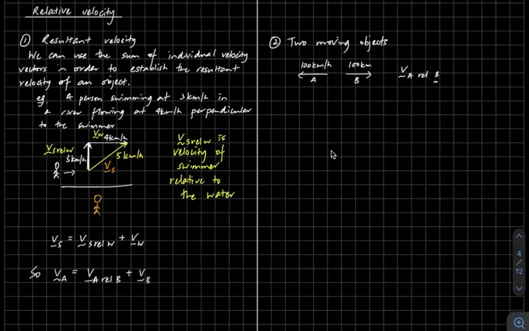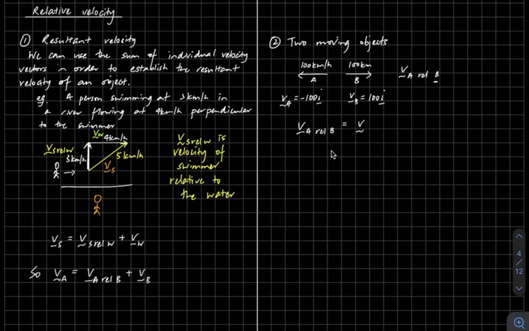Well, if we used the ideas here that the velocity of B is 100i and the velocity of A is negative 100i, because it's in the negative i direction, then we could say the velocity of A relative to B is actually equal to